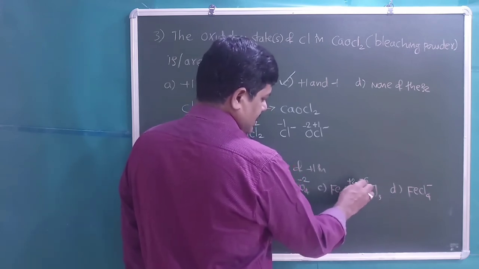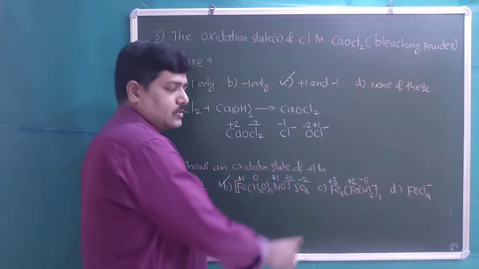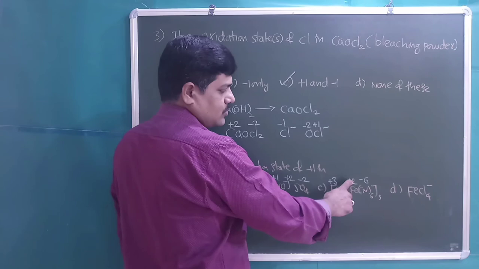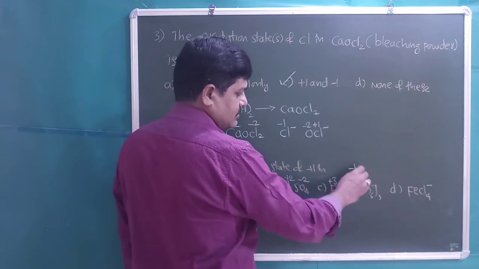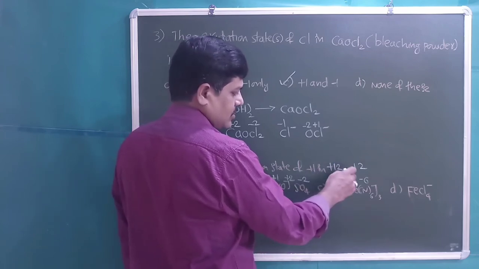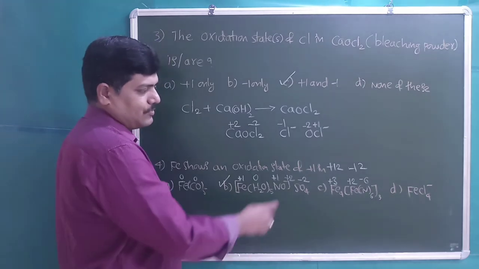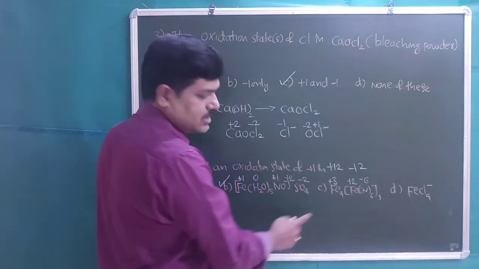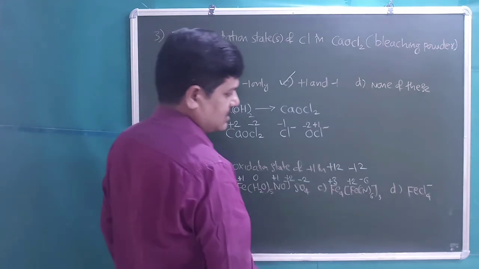Then Fe has plus 2, outside Fe has a plus 3, right? So minus 6 plus 2 is minus 4 we are getting. Minus 4 into 3 is minus 12. Then here plus 3 into 4 is plus 12. So overall we are getting 0. So the oxidation state of Fe in Prussian blue is Fe plus 2 and plus 3, both the oxidation states.